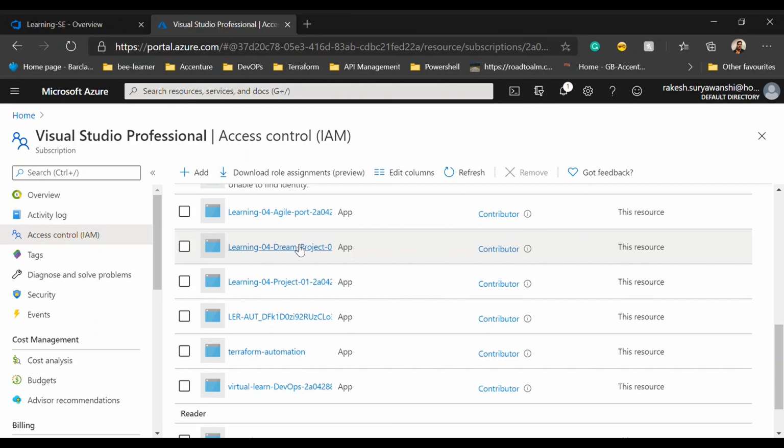So now if I'm going to create or access any resources within Azure within this particular subscription, I should be able to access them from my Azure DevOps